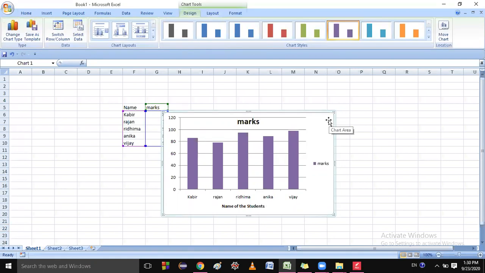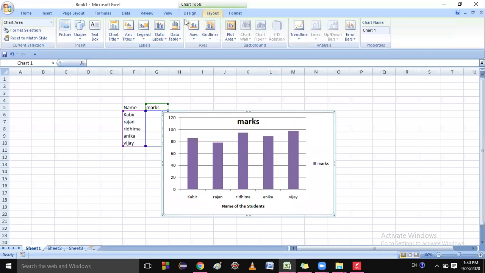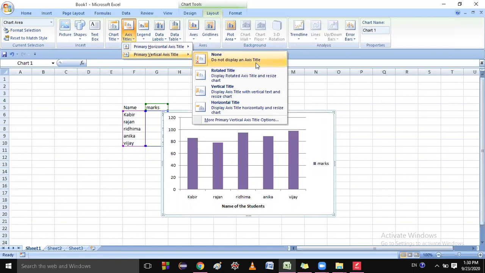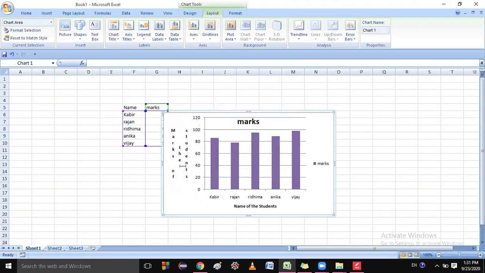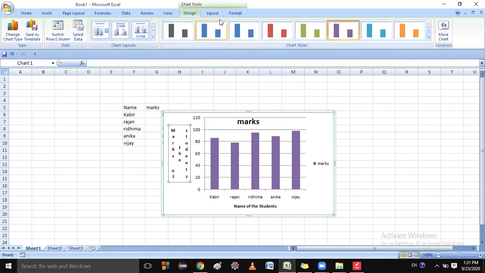In the same way, go to Layout, and if you want to write the y-axis name, you can write it like this, marks of the students. Okay, students?